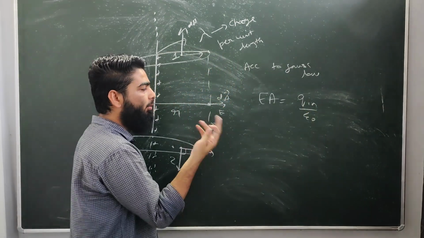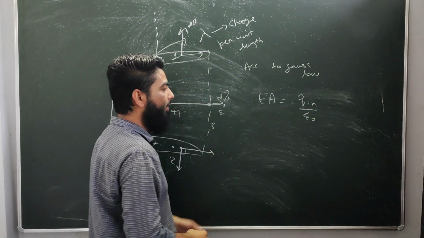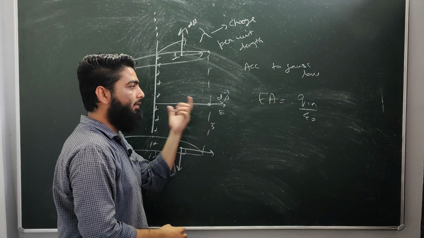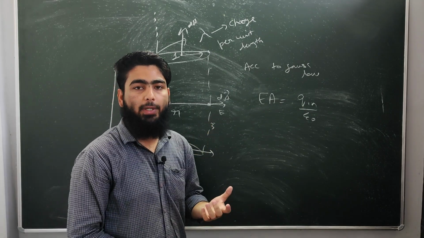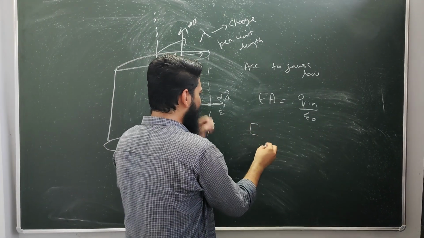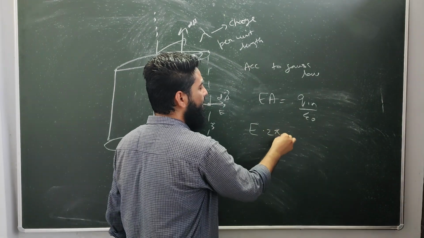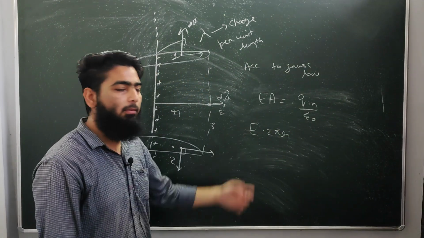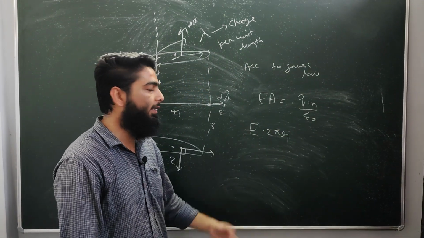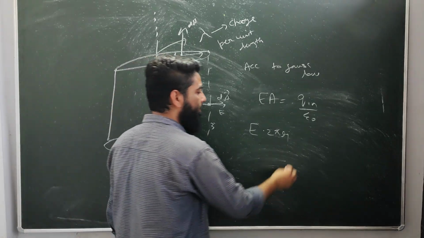Now it is going to be very simple. In place of area, you will write the curved surface area of the cylinder, which is 2 pi RH. So I will write E into 2 pi RH. I am not placing any value in E because E is the variable that we are going to find out.